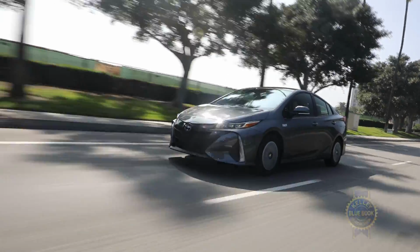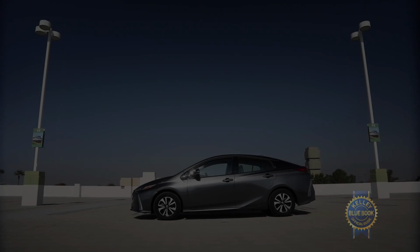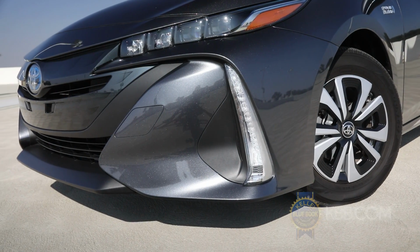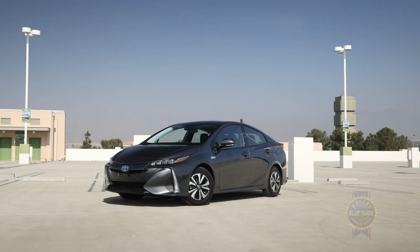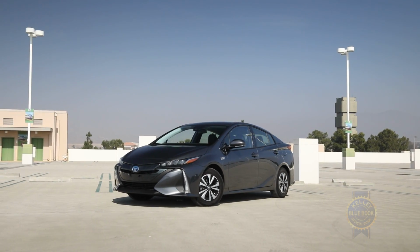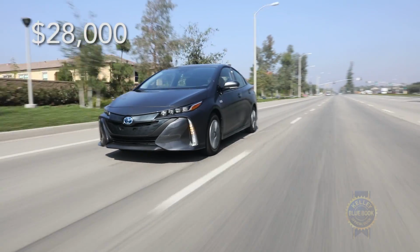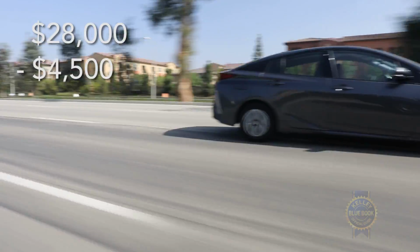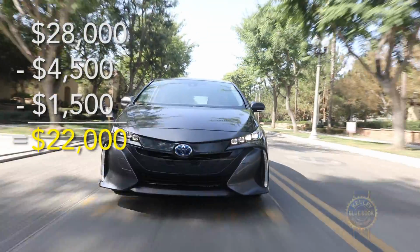With Toyota's improving reputation for reliability and quality under its belt, not to mention rock-solid residual values and some of the lowest ownership costs in the industry, the Prius Prime is brimming with value even before factoring transaction prices into the equation. And the news gets even better when you do. Already an affordable buy at its $28,000 starting price, the Prius Prime qualifies for up to $4,500 in federal tax credits, along with up to $1,500 in state incentives, where available. In other words, the better